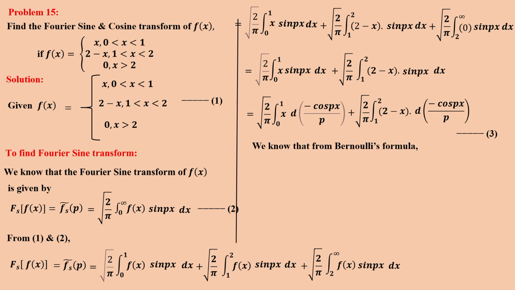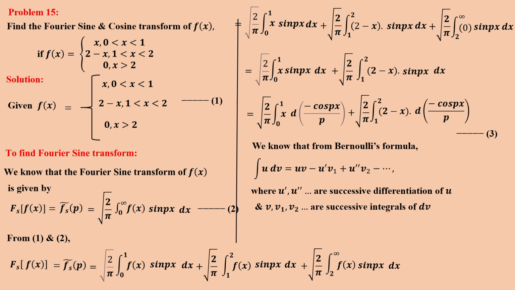We know Bernoulli's formula, integral u dv, which is equal to u v minus u dash v1 plus etc. Here u dash, u double dash are successive differentiation. So derivative of u dash, like that. And v1, v2, etc. are the successive integral of dv. So v is integral dv. Then v1 is integral v dx, v2 is integral v1 dx, because we are in terms